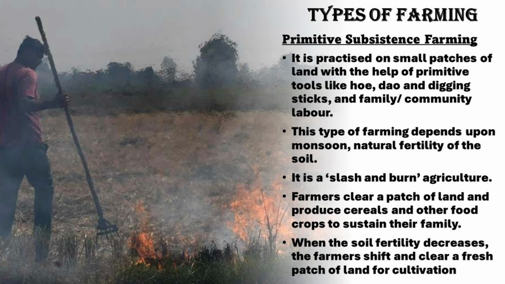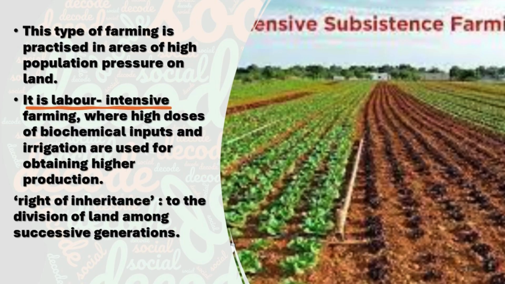Okay. The next type is nothing but intensive subsistence farming. This type of farming is labor intensive and it is mostly done in densely populated areas. Here, farmers cultivate small pieces of land but they try to get maximum output from every bit of soil. They use irrigation, fertilizers, and sometimes HYV seeds also. Farmers often grow 2 or 3 crops in a year. What is this type of farming called? It is called multiple cropping. This kind of farming is common in the Indo-Gangetic plains, in states like West Bengal, Bihar, and Uttar Pradesh.